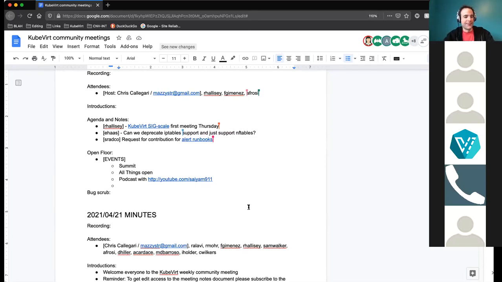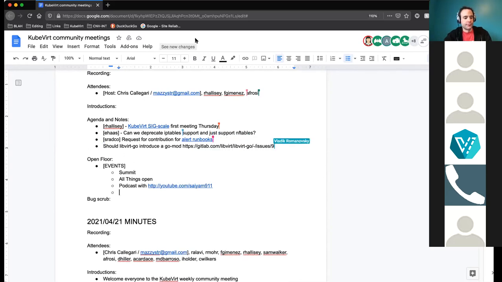You probably saw the mailing list thread, and I've been talking to a few folks in the community about the possibility of starting a new SIG focused on scale and perf. From a lot of the conversations I've had, I found there are a lot of people looking at this in different facets, and it's a fairly large area and topic.